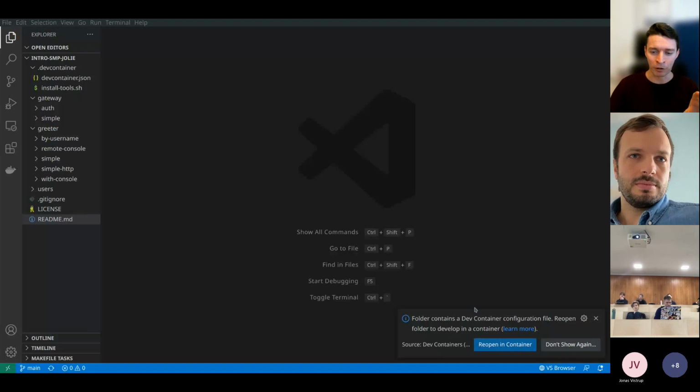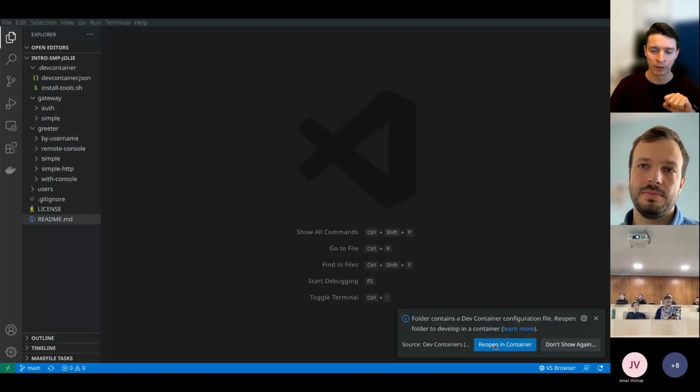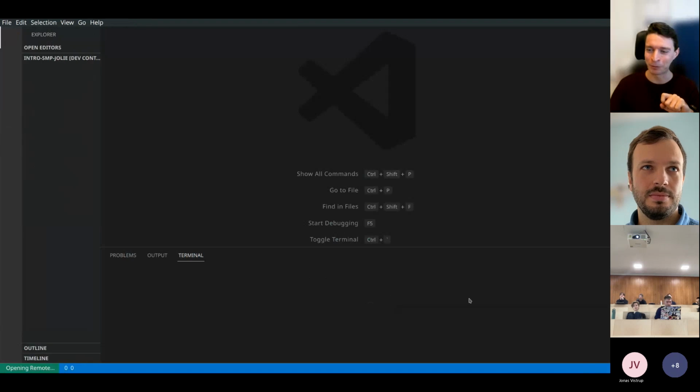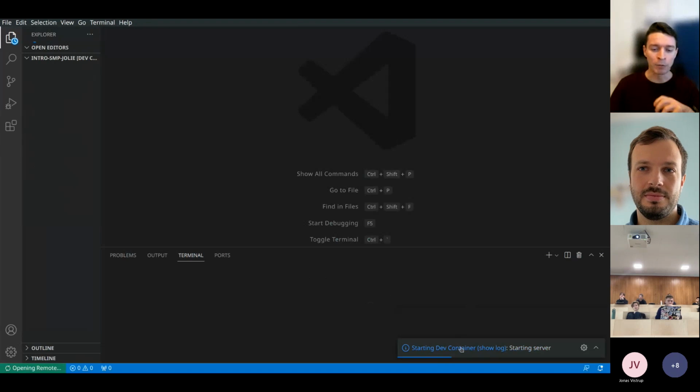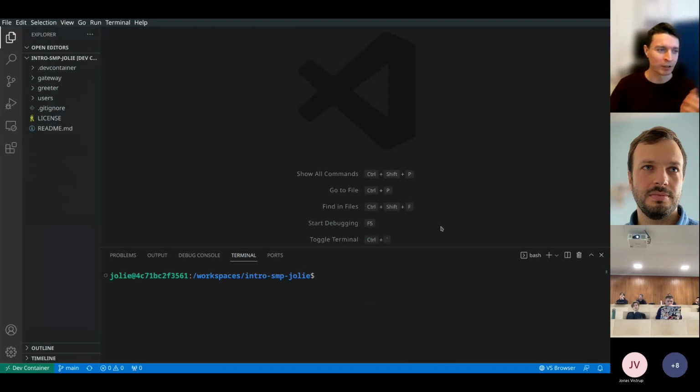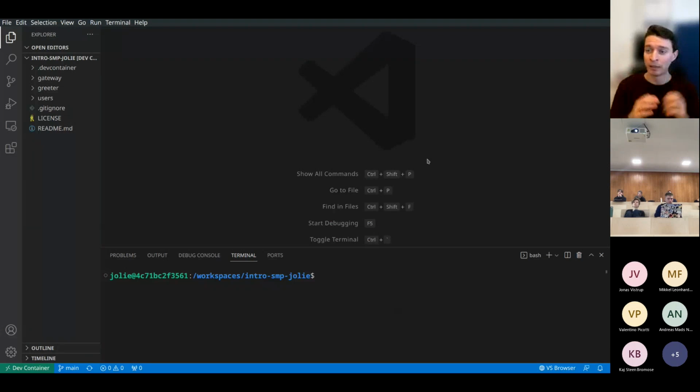When you open the repository, Visual Studio Code will ask you whether you want to reopen the folder in a container, which I strongly suggest that you say yes to, so I'm going to do it now. This will start a development container, or dev container for short, which will basically have all the tools that I'm going to use. So you will have exactly the same environment that I'm using here to make the presentation. And